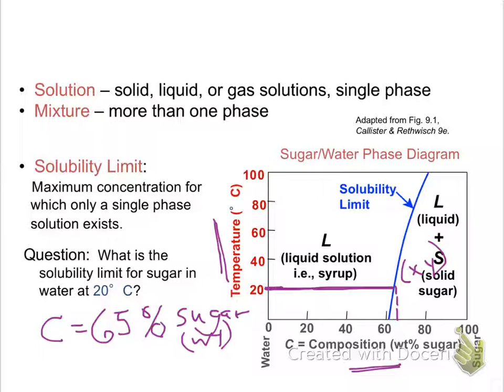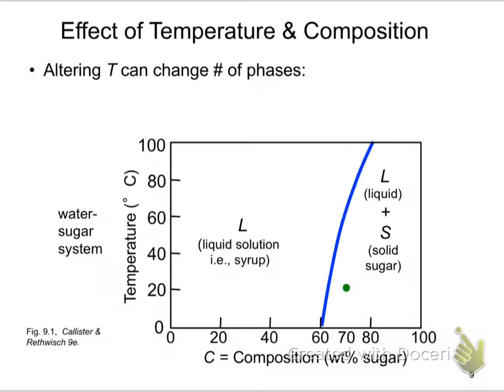Let's now look at how some of these systems behave. We'll start with a pretty easy one. What is the effect of temperature and composition? How do those two affect each other? And one thing we can see is that altering the temperature can change the number of phases. We can start with, let's say, here at point A, okay? And if we are at 70